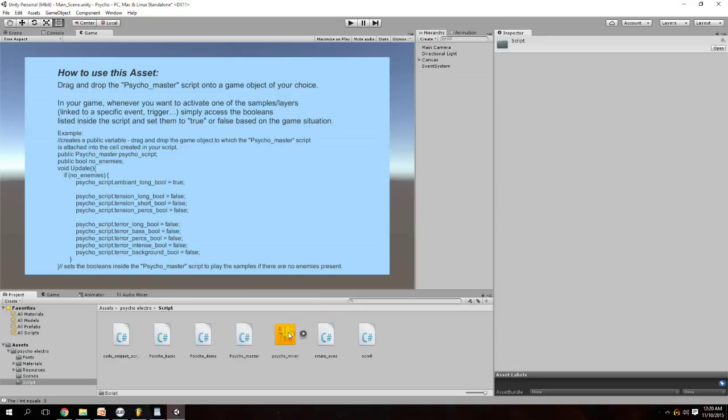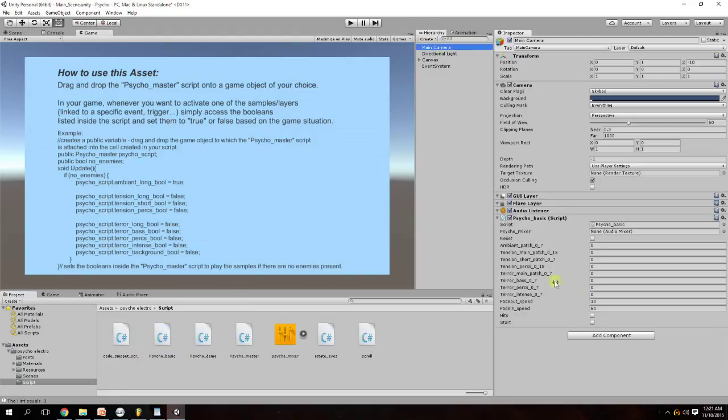How to set up this asset? Simply drag and drop the Psycho Master script or the Psycho Basic script onto any game object. Drag and drop the Psycho Mixer into the Psycho Mixer cell so that the samples will play through the mixer tracks. And then the customizable soundtrack feature is available through the public integers listed in the Psycho Master or the